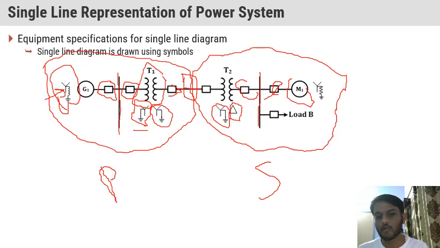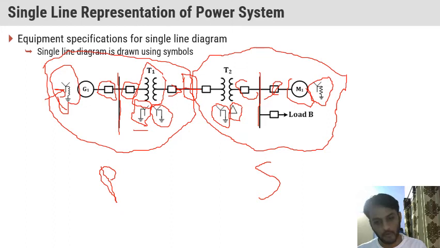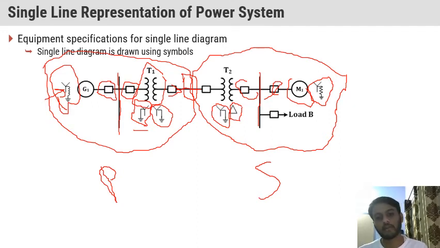And this is load B, any type of load, lighting load or any other load. But the connection of this motor is star connected with a resistance solid ground. So this is also a purpose, why this is a resistance connected and this is a reactance, because in a motor, if we want to control the earth leakage current, then we require a resistance.